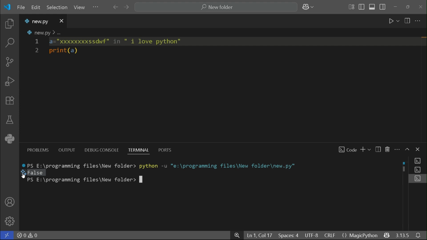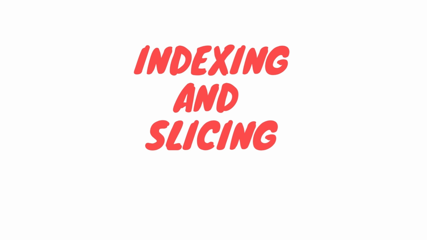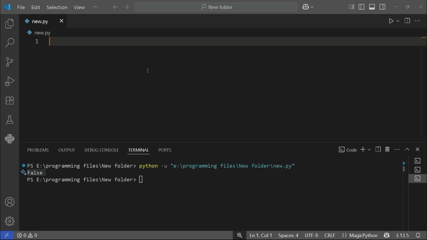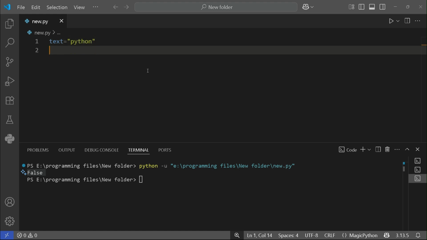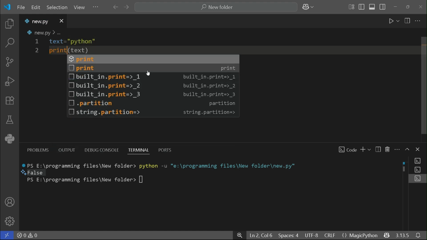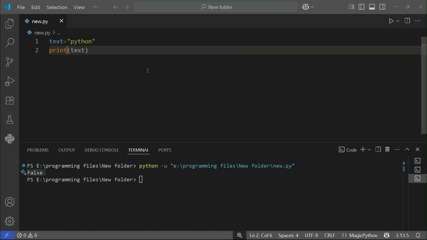Okay, so next our topic is indexing and slicing. So let's go there. You can access any individual letters in a string using indexing. So let's write here text equals to Python and then print